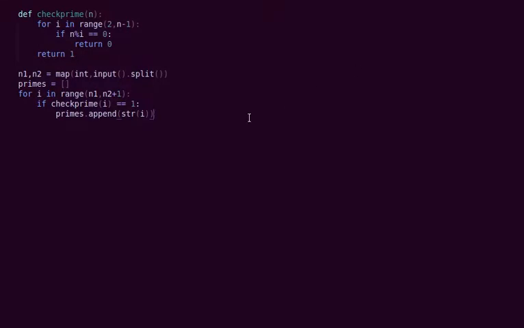So I'm using the str function to convert this integer, and then appending it into the primes list. So I've got all the primes within the range of the given n1 and n2.